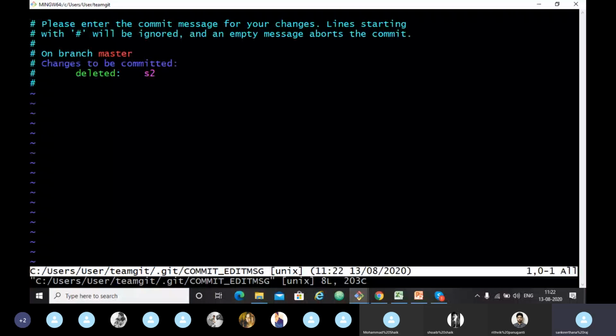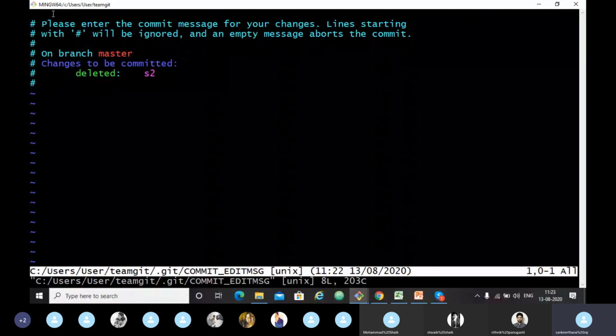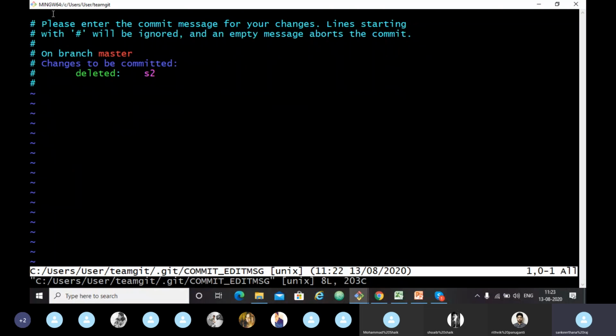This will open another Unix editor. This came because we did not use the -m option in the commit as we did earlier. I'll show it again. So this editor is open.